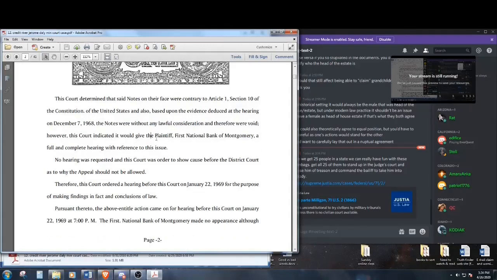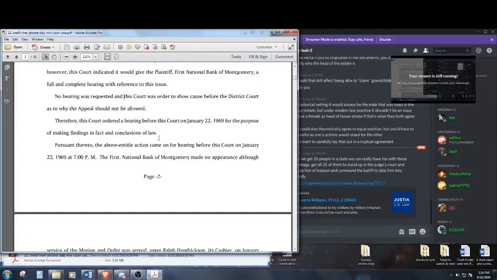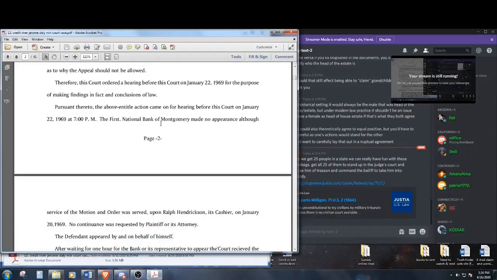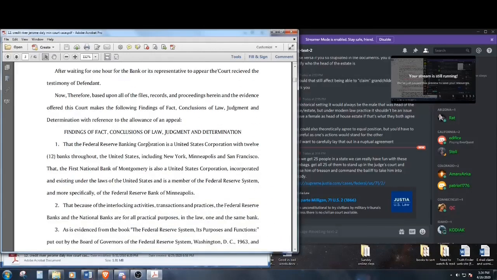However, this court indicated that it would give the plaintiff, the bank, a full and complete hearing with reference to this issue, which the bank never took because, of course, they can't prove it. No hearing was requested, and this court was ordered to show cause before the district court as to why the appeal should not be allowed. Therefore, this court ordered a hearing for the purposes of making findings of fact and conclusions of law pursuant thereto. The above entitled action came before this court in January 1969, and First National Bank of Montgomery made no appearance, although service of the motion was made. Defendant appeared on behalf of himself, and they waited for an hour, and then they filed the evidence offered in,